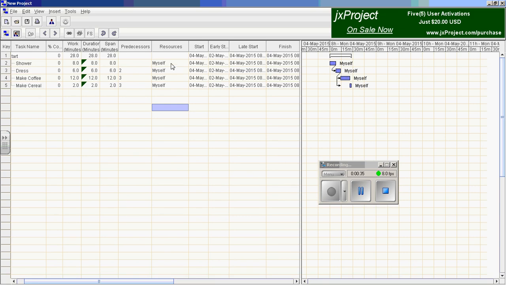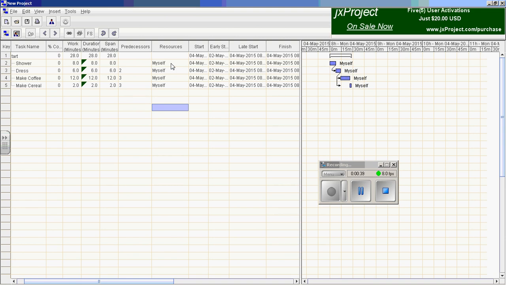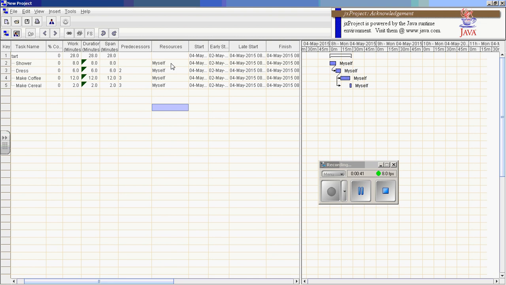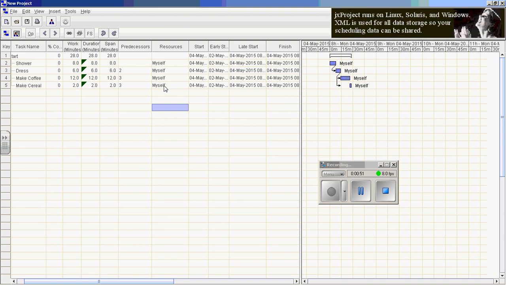And it appeared to not be that way in this JX project, but that's because these resources, in these huge software systems, the software development companies, IT departments, one person couldn't do two tasks at the same time, even though this is just Ferd's morning. So if the resources are different, I change this to something like you, or I just deleted it there. Maybe I wonder how I can actually write that in there.